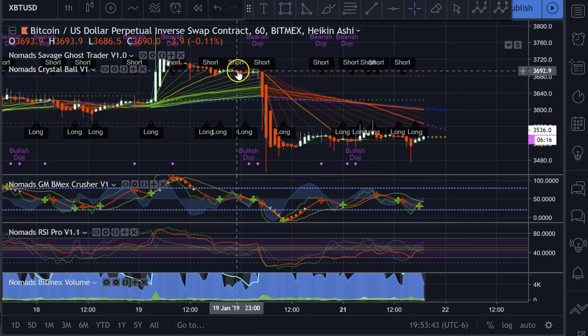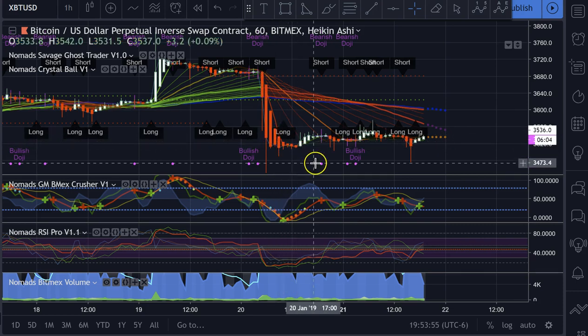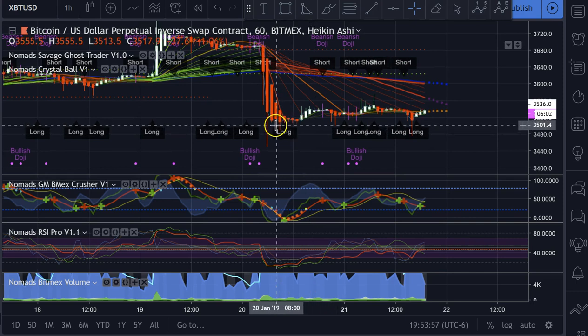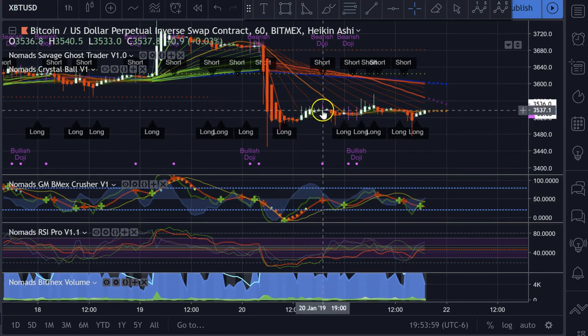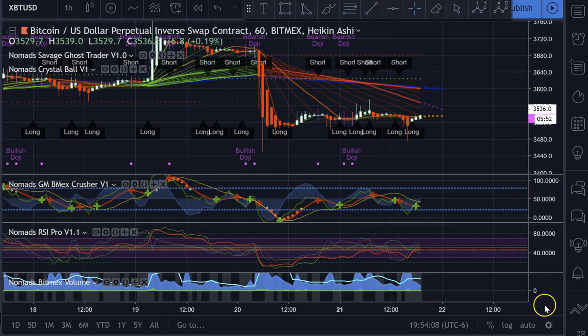We called the short here. We called the short here. You made money all the way down to here. If you jumped into the long here, you would have ridden it back up. But because the market is a little sideways right now,